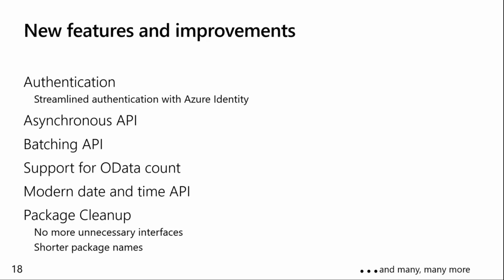Now, when we talk about providing a modern, more reliable, and faster date and time API, Calendar has been replaced by OffsetDateTime, covering a broader set of scenarios and providing more consistent APIs. And then, to align with the SDK design specifications, we removed unnecessary interfaces to avoid confusion and duplication,